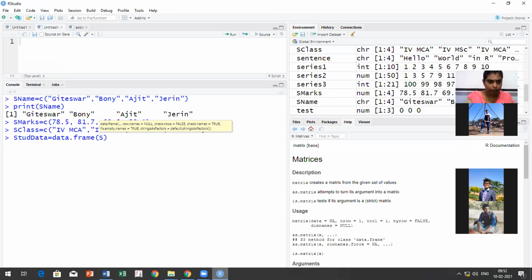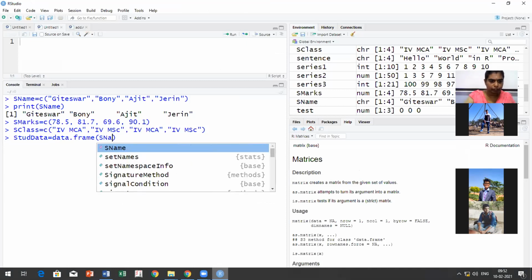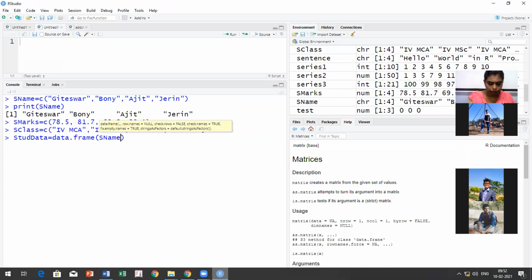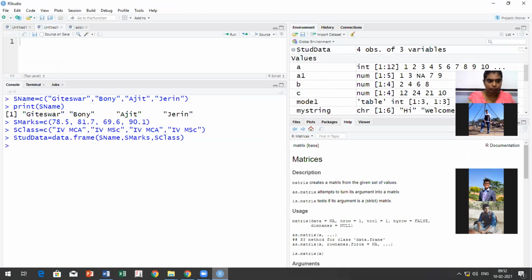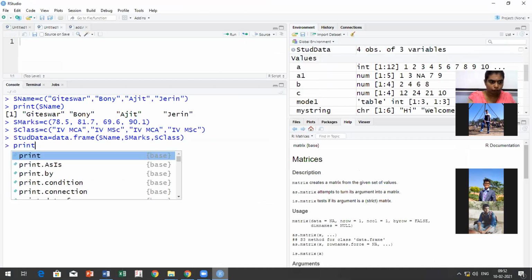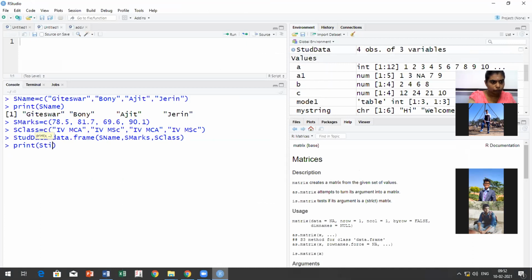So we say the name, comma, then the marks, comma, then the class. Enter. Print the student data.